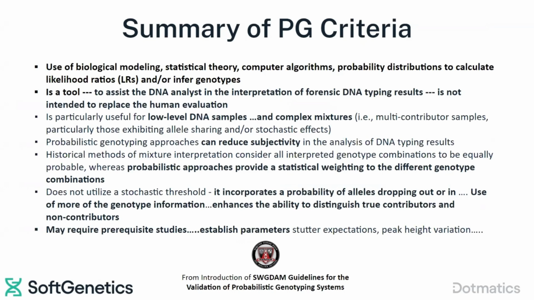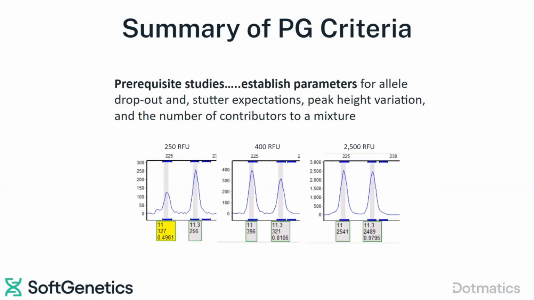Using the weighted genotypes, you have a likelihood ratio that can be very negative and give weight to exclusion. It may require prerequisite studies to establish parameters such as stutter expectations, peak height variation, and so on. So this is a summary of PG criteria, the prerequisite studies, and here's just an example of a high peak